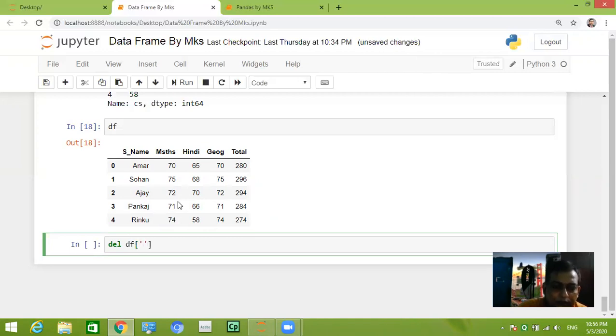So we will write the same spelling which is given in the data frame, and run it.